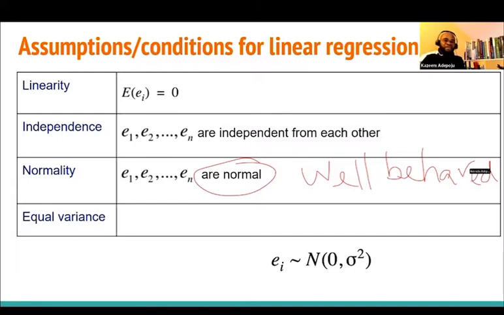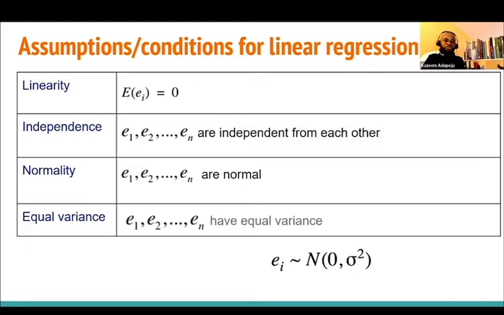Error being well behaved means its effect is very, very small. So we have a way to show whether the errors in a simple linear regression model are normally distributed or not. And lastly, in the assumption, each error across county, based on the example we're treating right now, must have equal variance. Another name for that is homoscedasticity. Homo means the constant variance.